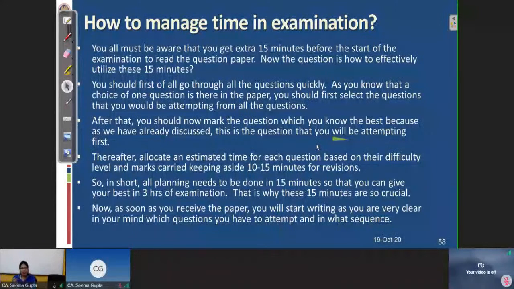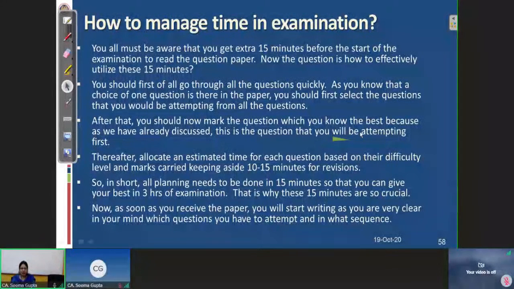As it's the very first paper, you have to be extra careful for this paper, because your morale and your confidence should not go down, it should not shatter, because it may impact the remaining papers of Group 1 also. And if you are appearing for both groups, then the mood and psychology can prevail up till the next group also. So I have given the best advice to you for this particular paper. I hope all of you will follow this.